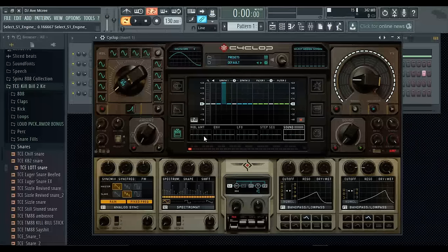So let's play it again, see if it did anything. No, it didn't do anything at all. Boo hoo hoo. And it's because this isn't on deck. As you can see, you see a small representation there of the automation right there. So if I actually play the track again,